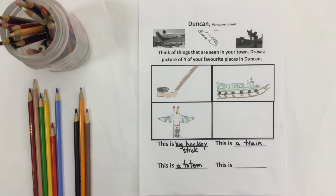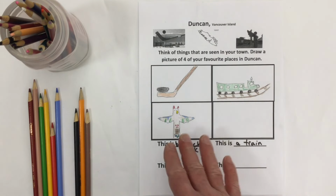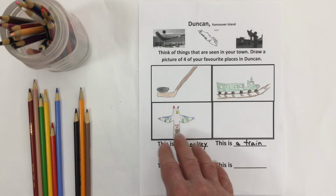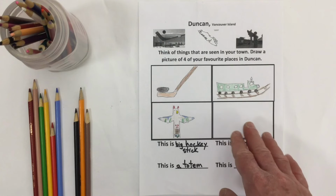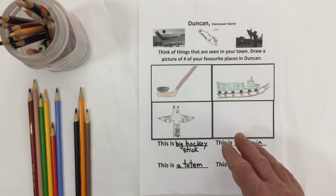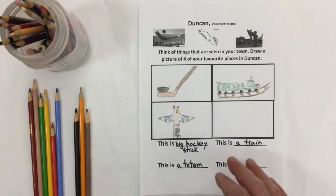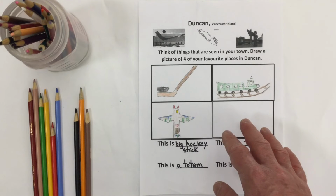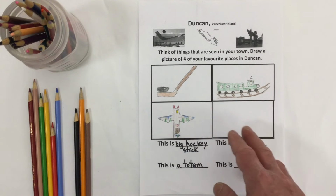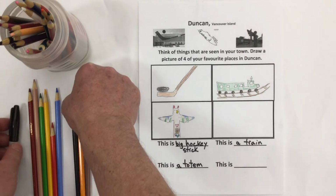If I were to do the work page that would allow me to do 4 pictures of things here in my town, I might do the giant big stick, I might do the BC Museum's forestry trains, I might do the totem poles, of which we have 80 of them in our city that you can walk around on tour and see them all. And then for the 4th box, boy, that's hard to choose. I could do the red caboose that's down at the old train station. I could do our red brick city hall with the bell tower where the bell chimes every hour. I could do some important places like the library or the gymnastics gym, or maybe the big huge swimming pool with its great tube slides that go down around it. Lots of different places that I could choose, but I think I'm going to choose to do Mount Provo,